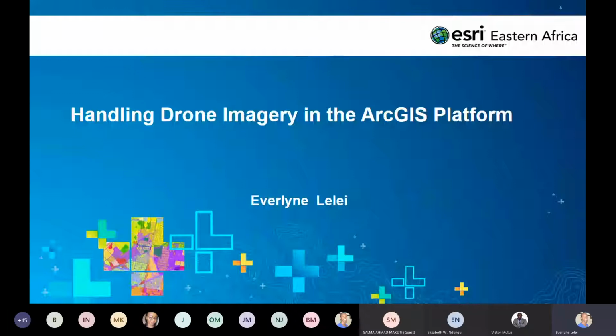So I think this session really comes in handy. For the Kenyan context, we currently have the Civil Aviation Act that outlines the guidelines for operating drones in Kenya. And I think this is a plus for us in the geospatial industry, because with drones, it's easier to collect highly accurate information, even in areas that are not accessible. So today we're just going to look at how you can handle drone imagery within the